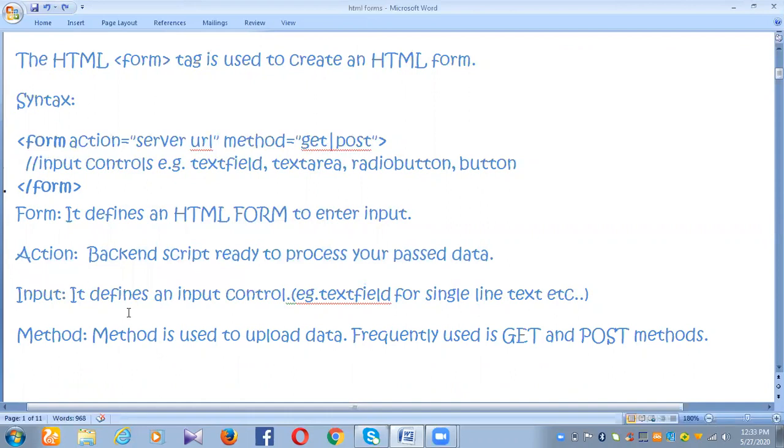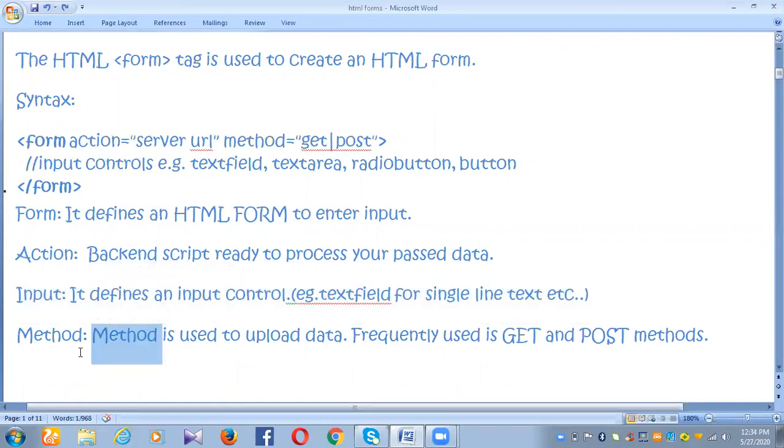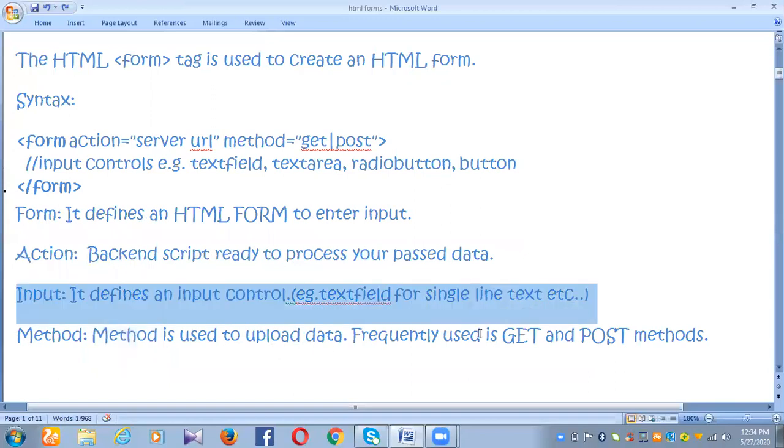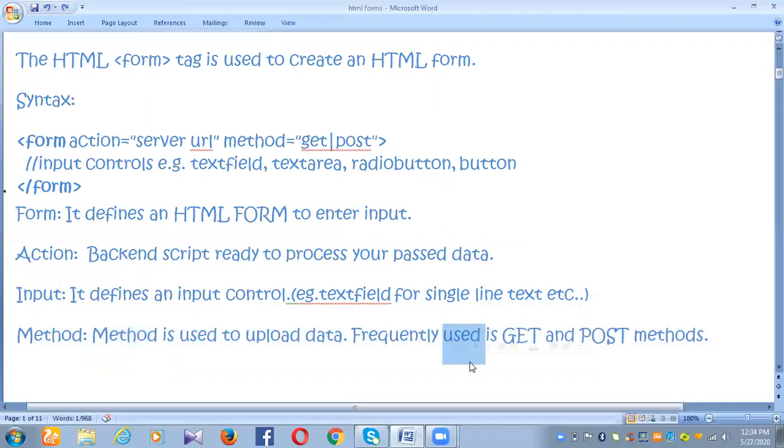The input controls are available to take your input. The method is also available, which will upload the data, and the frequently used ones are the get and post methods. We will be discussing everything in example forms as we move further.